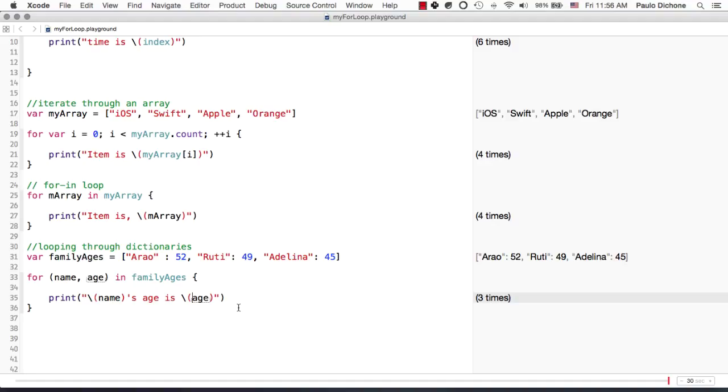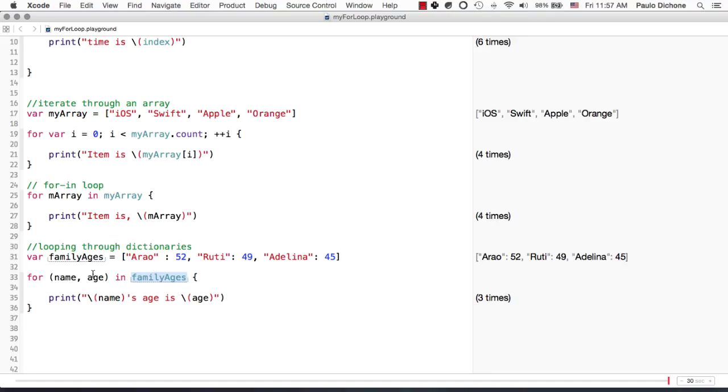So you can see here, the same way we did the for in loop with just simple arrays, we can do for in loops with dictionaries. With one difference here, which is, as we know, dictionaries have this association going on, which is the key and the value. With that in mind, we don't have to, but in this case, we obviously want to show the key and the value. We then initialize these two name and age variables, which we use to access what we have in our familyAges, which is our dictionary.